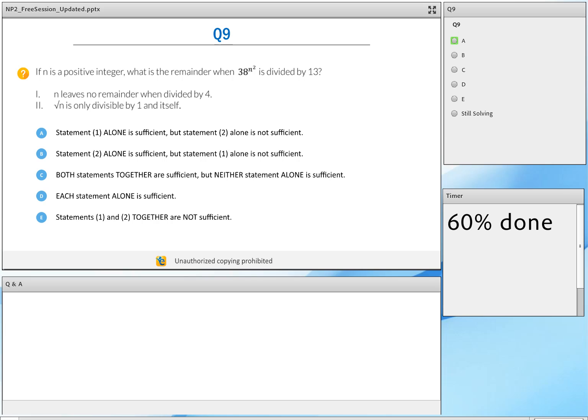All right, guys, about 80% of you are done. I'm going to give you another 50 seconds. All right, 5, 4, 3, 2, and 1. I'm going to end the poll